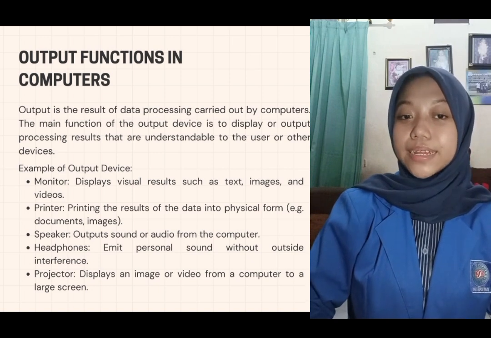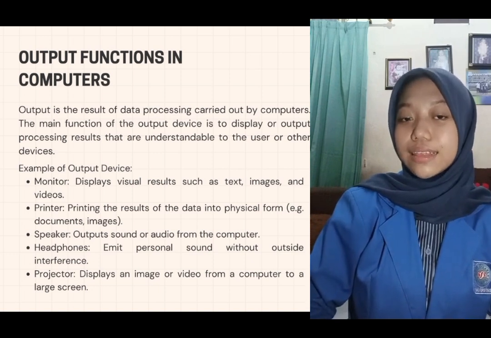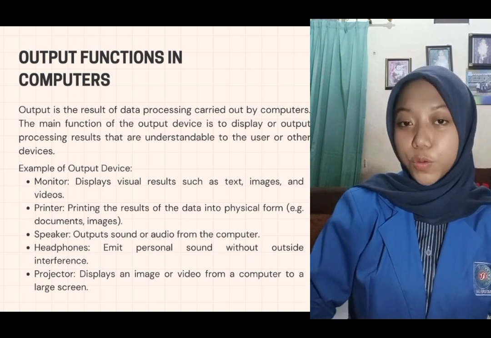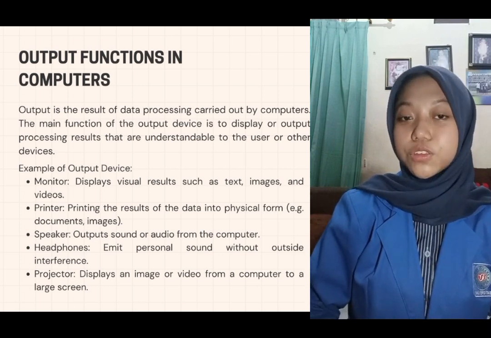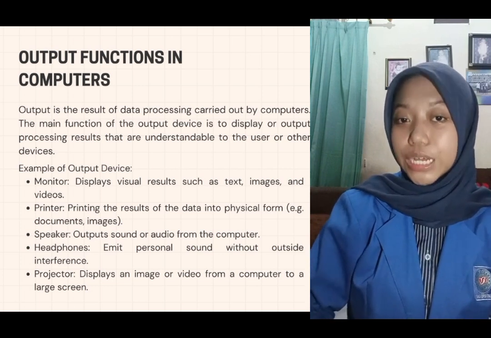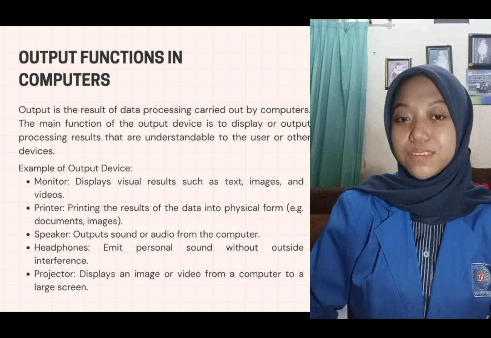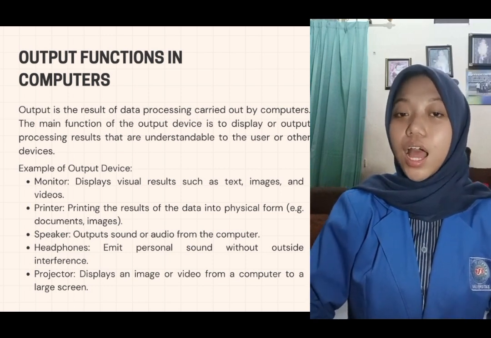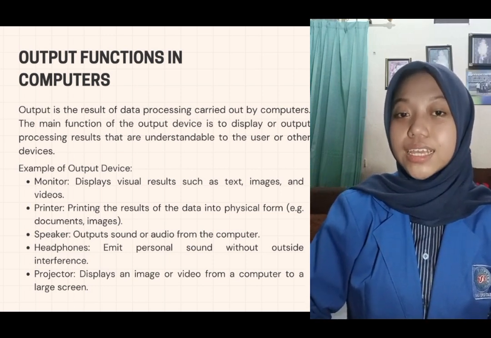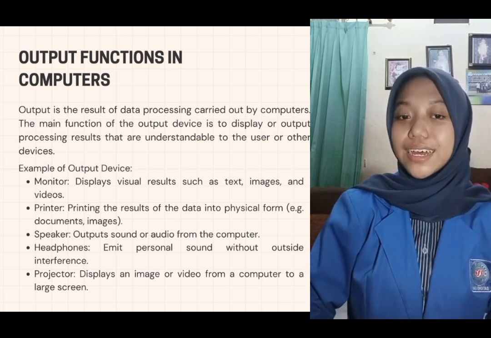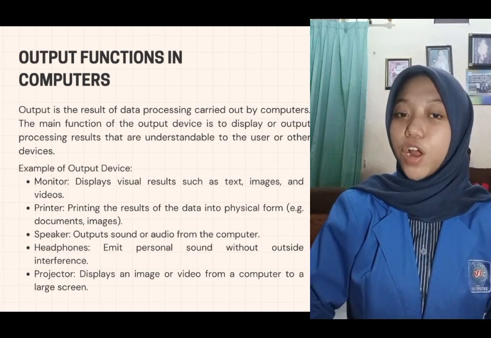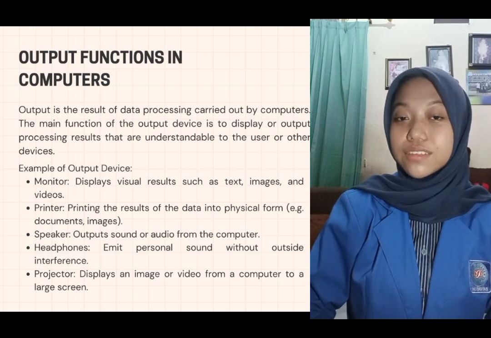Printer prints the results of the data in physical form, documents, and images. Speaker outputs sound or audio from the computer. Headphones emit personal sound without outside interference. Projector displays an image or video from a computer to a large screen.